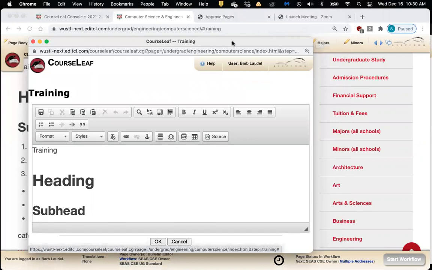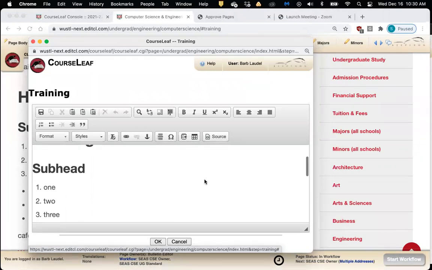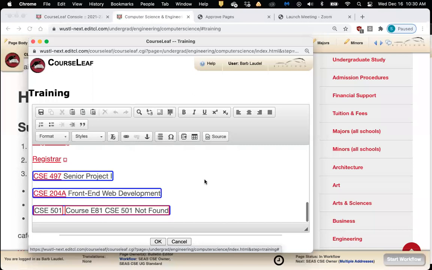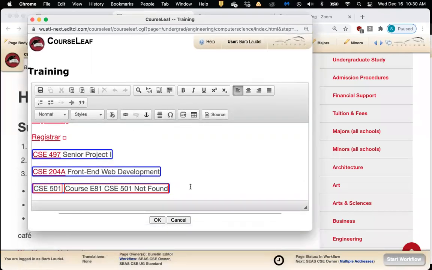Okay. So the other thing I want to talk about is how to copy and paste. And when you do a copy and paste, what we don't want you to do is just do a regular copy and paste like you would normally, because we want to make sure that the formatting is correct. It doesn't result in any oddities.